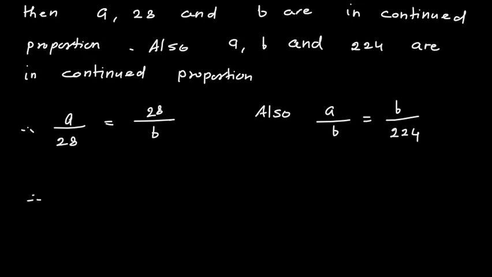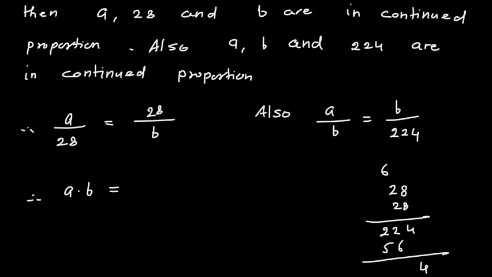Okay, so therefore here I get equation as a into b is equals to 28 into 28, square of 28. So let us do here 28, 28. 8 8 the 64. 8 2 the 16. 16 plus 6, 22. 2 8 the 16. 2 to the 4, 1 5. This is 4, 8, 7. 784. So a into b we get 784.